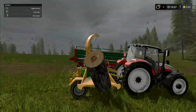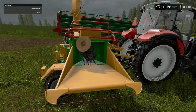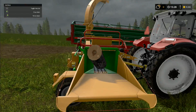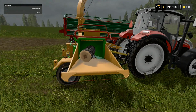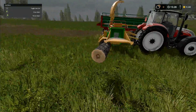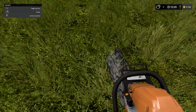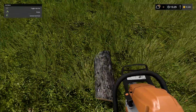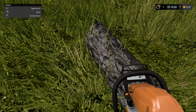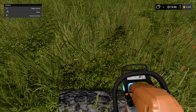Come on. Trying to do it. Oh, it's thinking about it. There we go. It's too big. I think that's the problem. I think this one's just a fraction too big. Now, someone did say that the way that they did it was to cut it this way round. Or just cut it into smaller pieces with the thicker logs like this. So, let's try and see if we can...